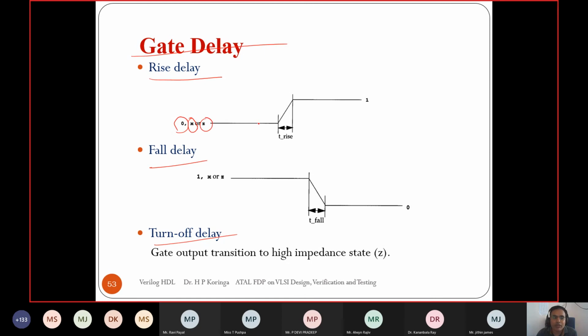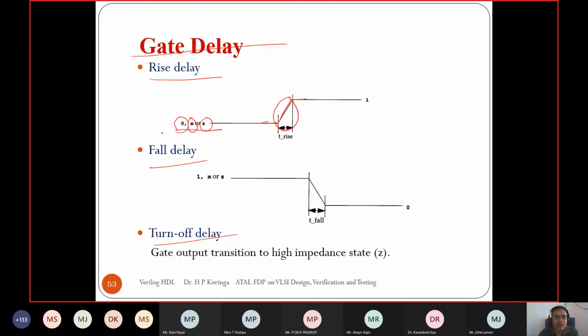So if the present output is 0, X or Z and its next output is 1, then how much time is taken to change from logic 0, logic unknown, or logic Z to 1.